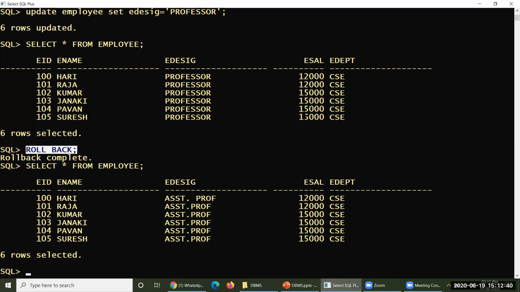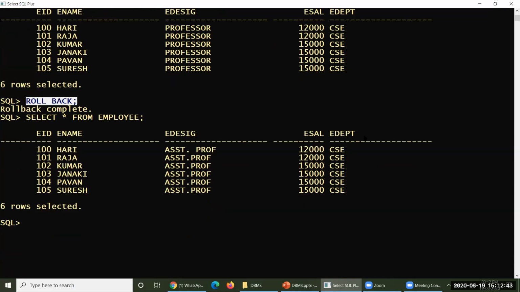Now let us consider what the premises are that you need to operate here. Update employee set designation equal to professor. For whom would I like to set it? I would like to set it for only one person, that person is Mr. Hari. You may have many Haris, as the name Hari could be repeated several times in our total database or table. That is where we look to the employee ID. So EID is equal to 100, where exactly 100. Thereby the operation will take place here.